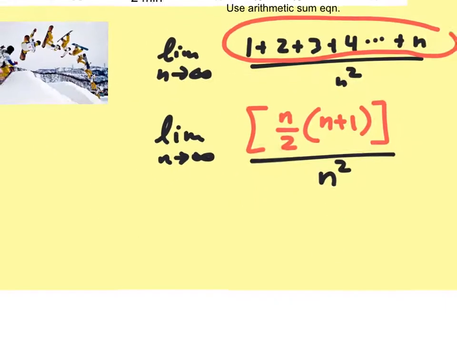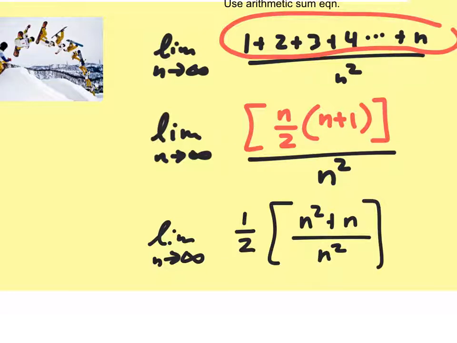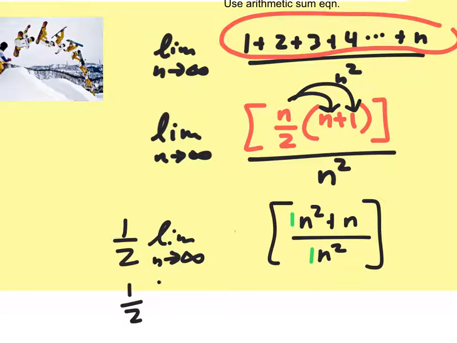Okay, so let's expand the limit as n goes to infinity. This would be 1/2 times n squared plus n over n squared. Right? All I did was distribute and pull out that 1/2. Therefore, I really could just pull that 1/2 out in front here and take the limit of this. Well, the limit of that would be 1, right? Coefficients. Therefore, this would be 1/2 times 1, which should equal 1/2. Therefore, we have a convergent